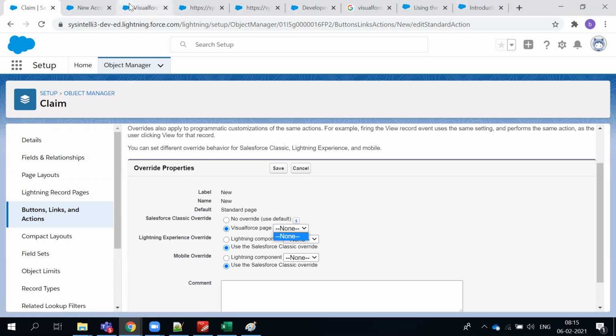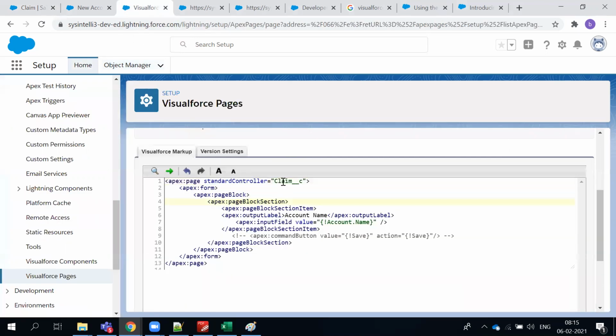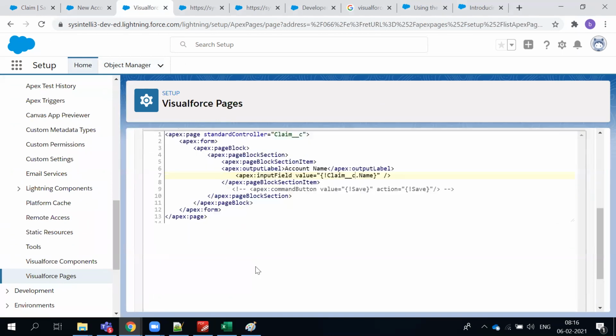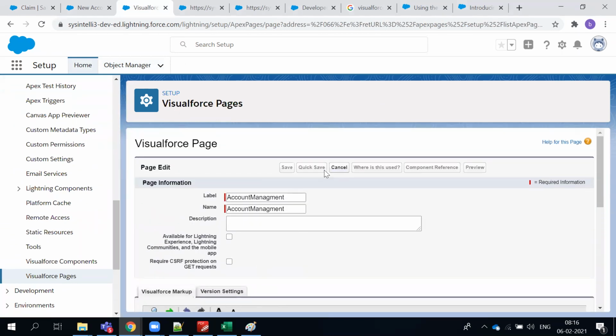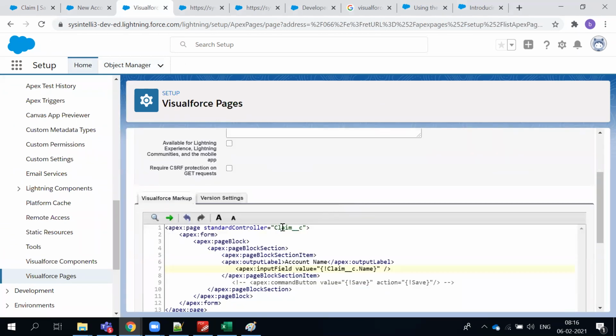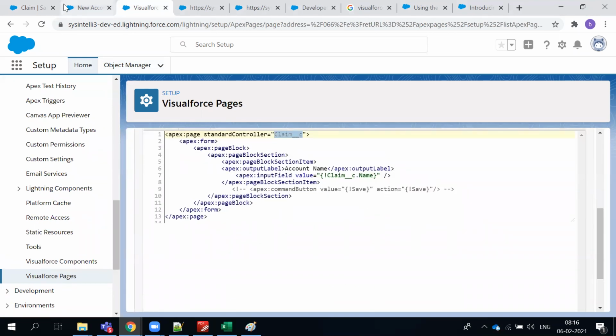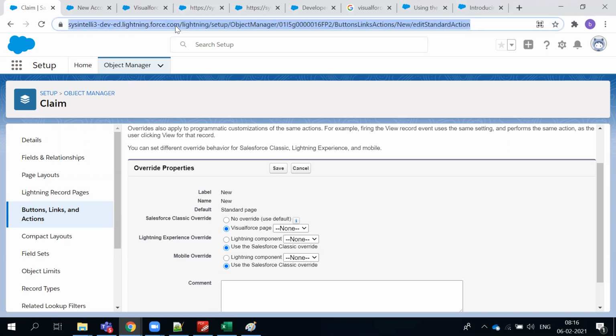So now let's say I was writing the VF page, controller is equal to this, right? Now claim dot name, I will change it. Since I know it was an account, I will change it to the claim, just for the namesake. Let me save this. It should save. Why? Because controller and they should have a name. So no worries about here. So what I'm going to do is refresh this page and check